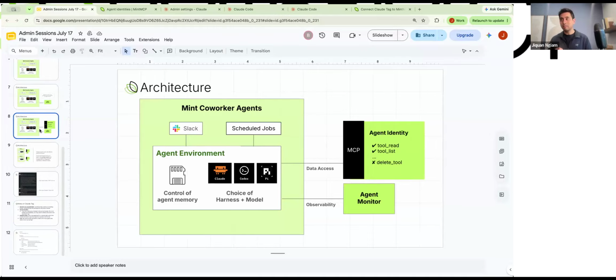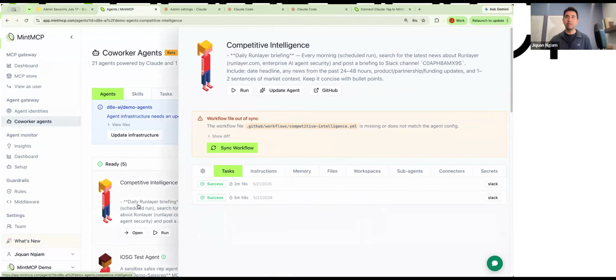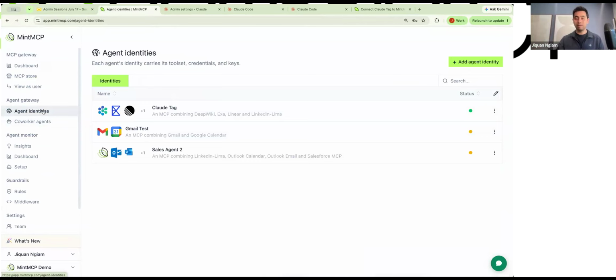Over there, I think the main things to think about are that setting the agents up should be pretty fast, like 5-10 minutes. And after that, creating a GitHub repo for the memory makes it easy for you to manage all the memories of the agents in there. Cool. With that, I would love to get any other questions from people in here. I'm also happy to dive into any other demos on the Mint side if that's helpful.